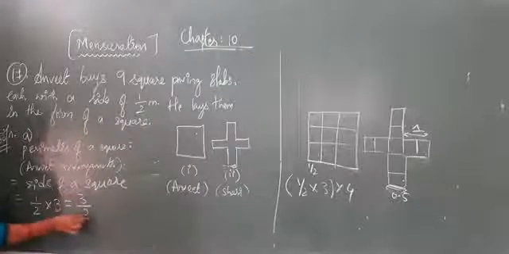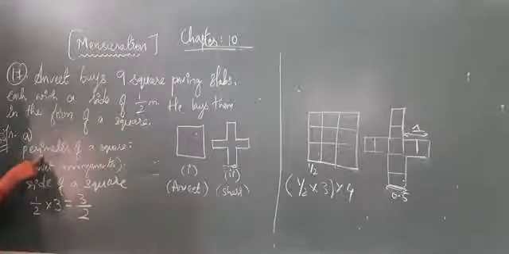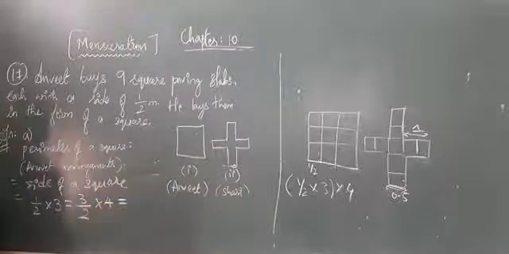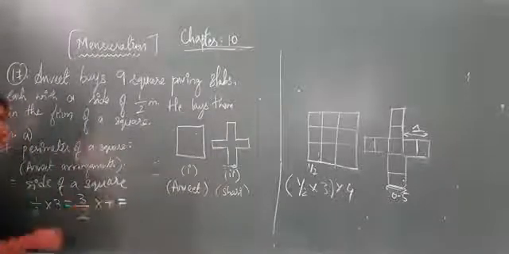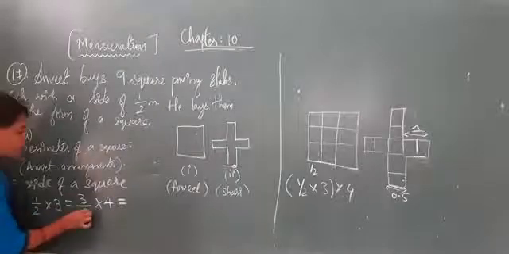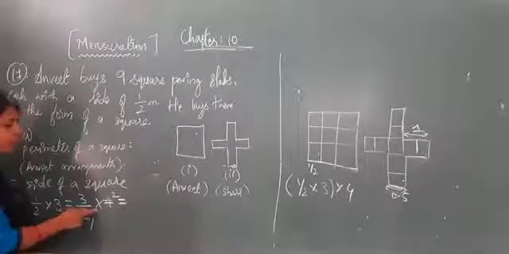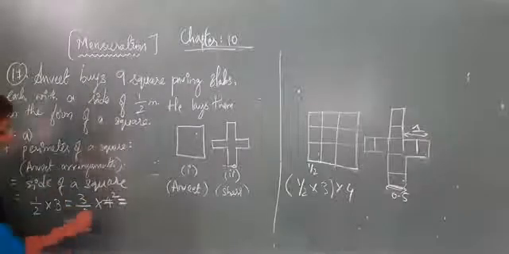Okay. Now this 3 by 2 should be multiplied with the perimeter of the square, that is into 4. So if you multiply 4, in the cross multiplication you can cancel here. So that is 2 ones are 2, 2 twos are 4. Okay. When you have multiplication, you can do the calculation directly. Okay children.